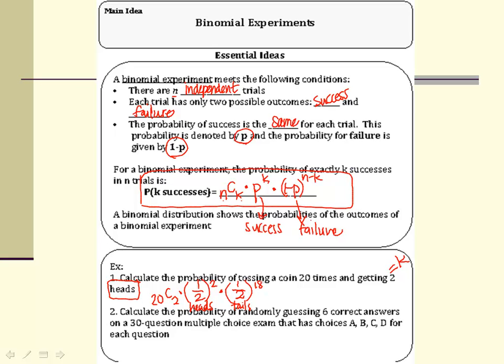20C2 times 1/2 squared, please use the parentheses, times 1/2 to the 18th. What you get in your calculator says this, 1.812 times 10 to the -4. Please make sure you can actually get that. And we don't want you to leave it in scientific notation. This -4 means take this decimal and move it left 4. I end up getting the decimal point